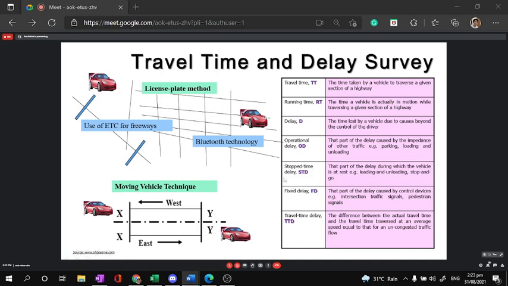So the basic manual survey that we do is what we call the license plate survey. And one which is more non-manual is the moving vehicle technique. So the moving vehicle technique would only mean mag-simulate ka sa usa ka vehicle, mag-follow ka sa iyang journey para makuha nimo iyang travel time. Say for example, when we try to investigate a jeepney modernization program for Cagayan de Oro